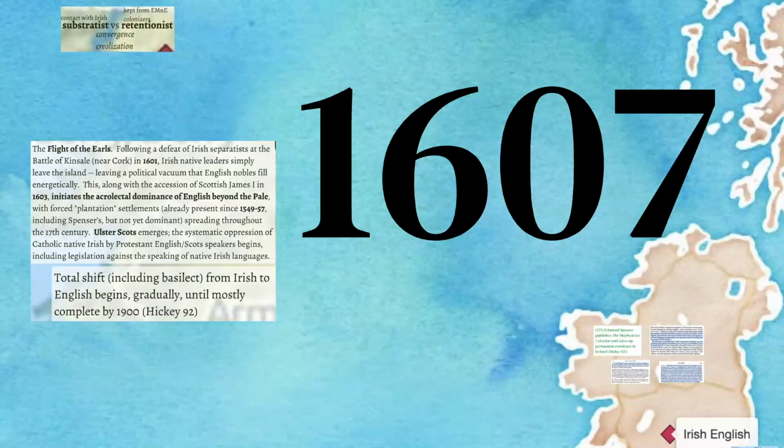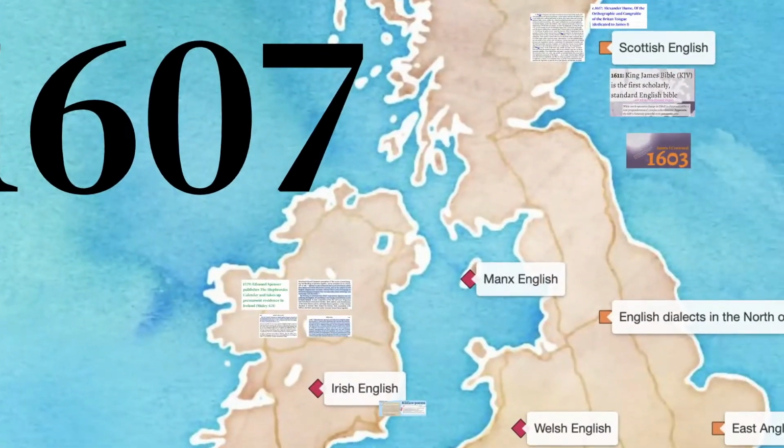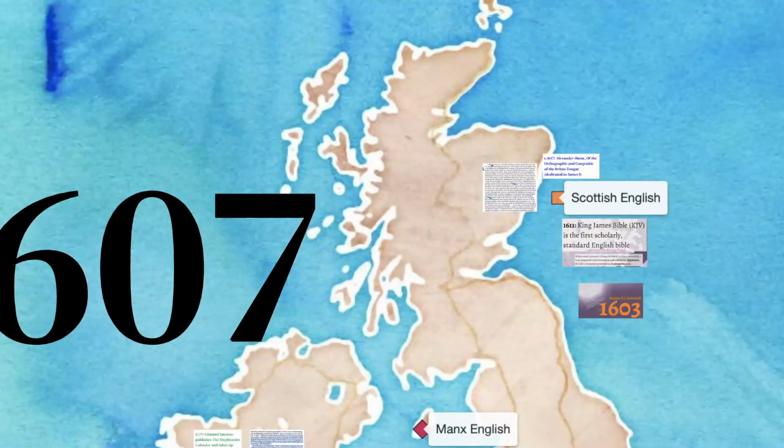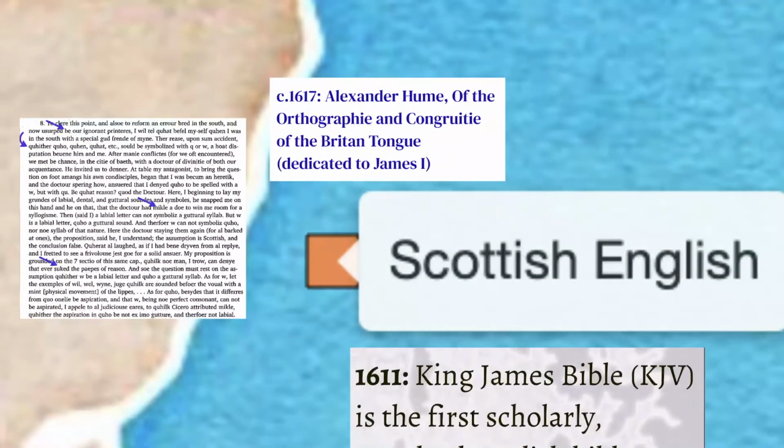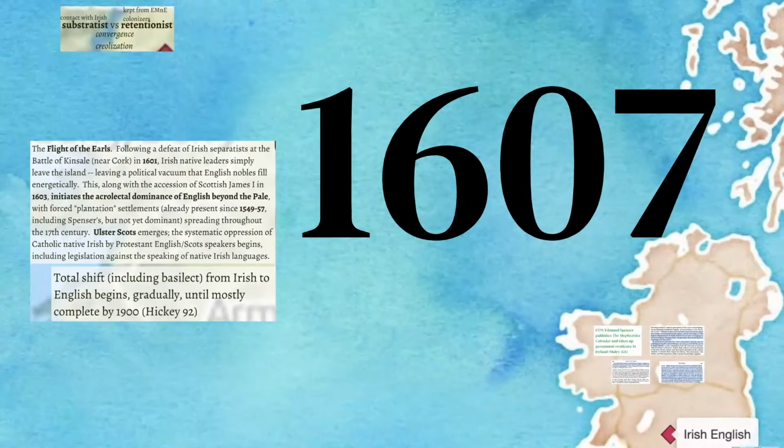This marks the acrolectal dominance of English beyond the Pale in Ireland. We're working under the leadership of the Scottish James I. You remember that one example of Scottish ascendancy during this period is the orthography, and here I'll just zoom to it. We have in circa 1617 Alexander Hume's Of the Orthography and Congruity of the Briton Tongue, dedicated to James I. We have the King James Bible in 1611, and in 1607, again under King James,